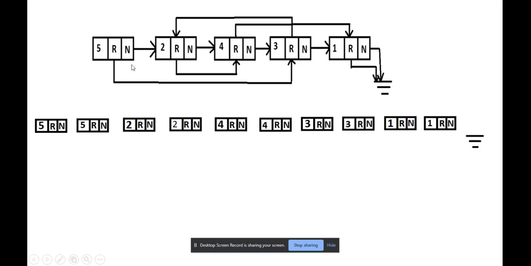Let me show you the connections. The original pointer is pointing to the copy node, and the next pointer of the copy node will point to the next node. Once making the full connection, it will look something like this. And the original random pointer is always pointing as before.